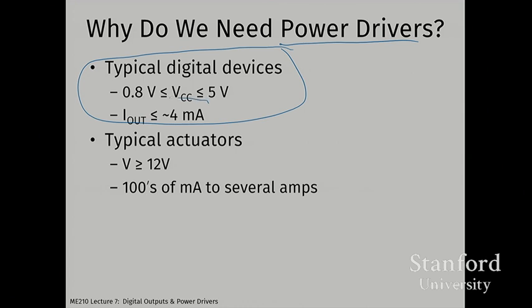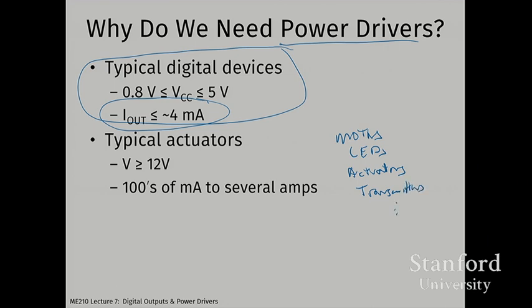Generally the currents that came out of the output pins of these devices were in the few milliamp range, maybe as much as 10 or 20, but generally milliamps of current is what we were talking about with these families of devices. The problem is that we actually want to use these microprocessors and the associated circuits to do interesting large-scale things, which include motors, LEDs, other kinds of actuators, transmitters,